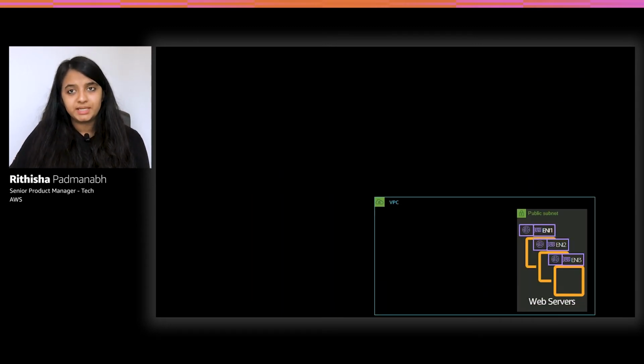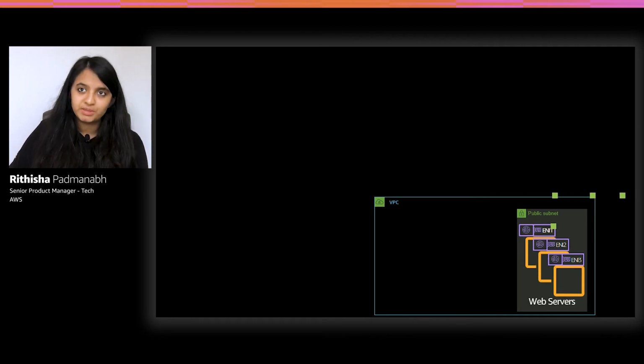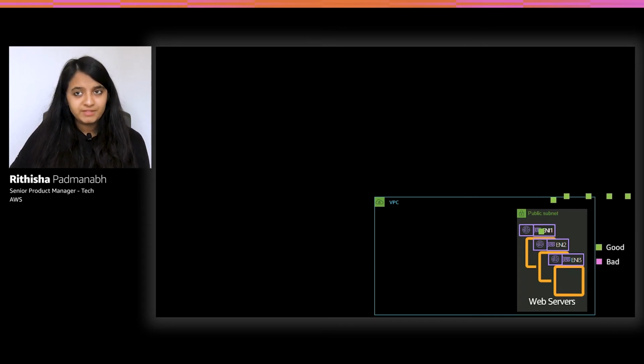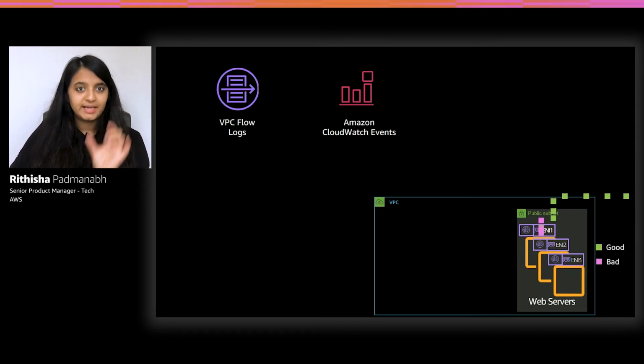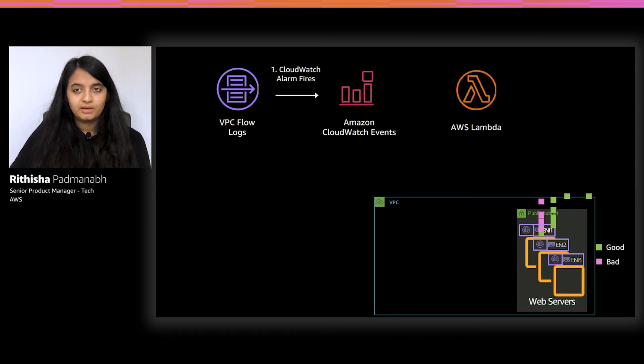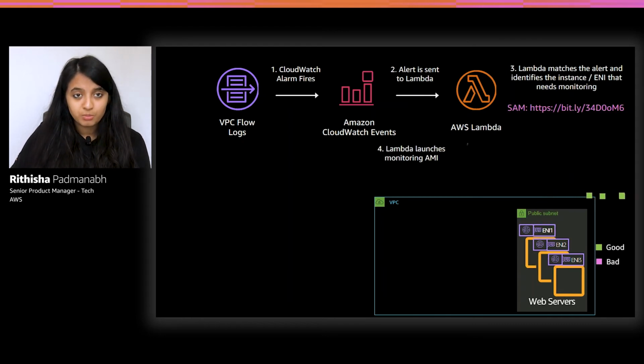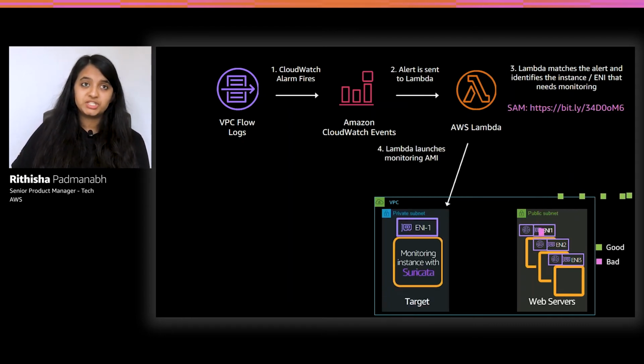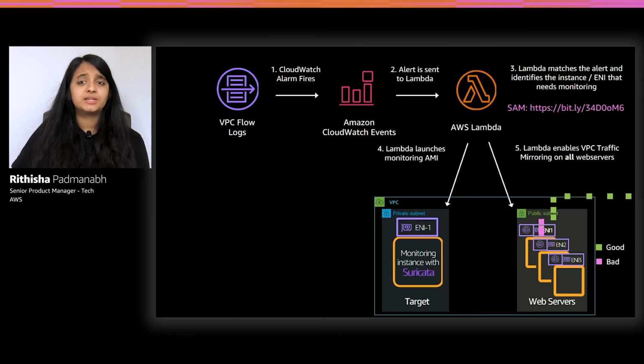So this is our demo setup. We have 3 web servers hosting a simple web app that takes in a username and password login information. We have VPC flow logs enabled for that entire subnet where our web servers exist. We have now configured a CloudWatch alarm to be triggered each time there is traffic from a malicious IP. And we have written a serverless application module that gets triggered by this CloudWatch event. And what it does is it reactively creates a monitoring instance with a Suricata-based AMI installed. It also has Elasticsearch and Kibana installed on it.